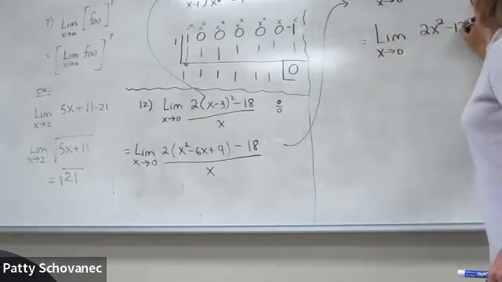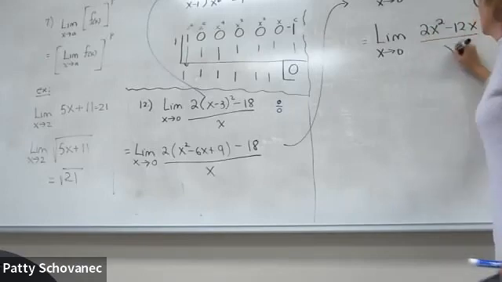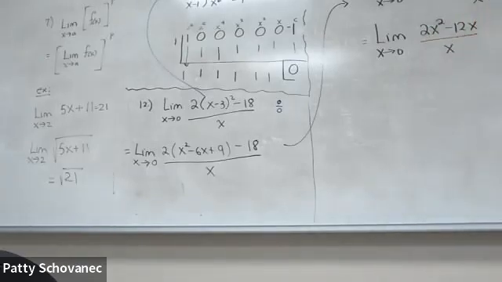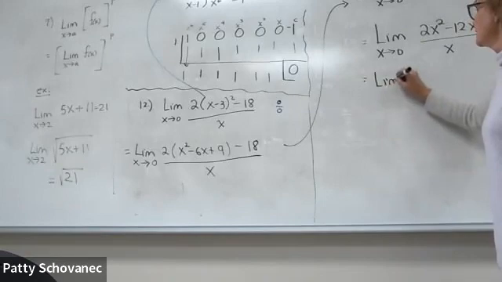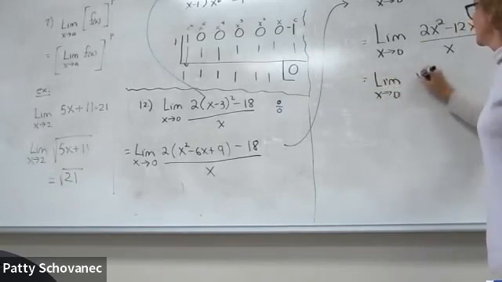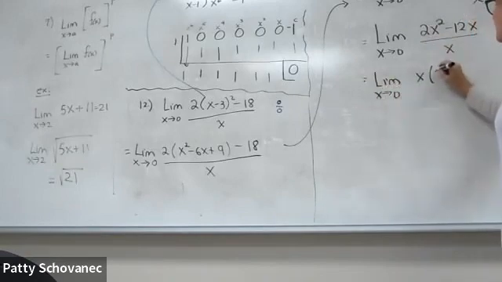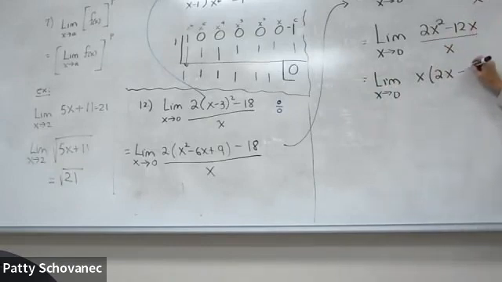And I can see why I'm getting 0 over 0. Both the numerator and the denominator have a common factor of x. So I'm going to factor it out and then cancel it. That'll leave me a 2x right there. Take that x out and it leaves me a 12. And we can cancel it and take the limit